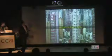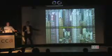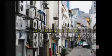So you can think about cities as massive conditioned spaces with an aggregated system of conditioning. You can think about interiors as being a kind of conditioned space, and this idea that every unit in the world, in some sense, has an air conditioner built into it. You can think of the idea of conditioning sites and priming sites for future